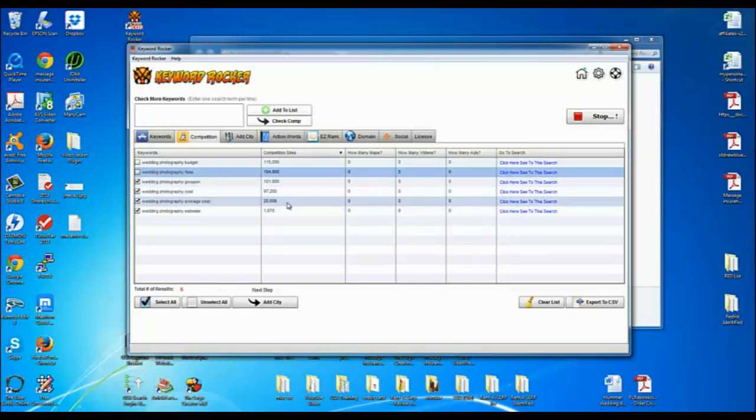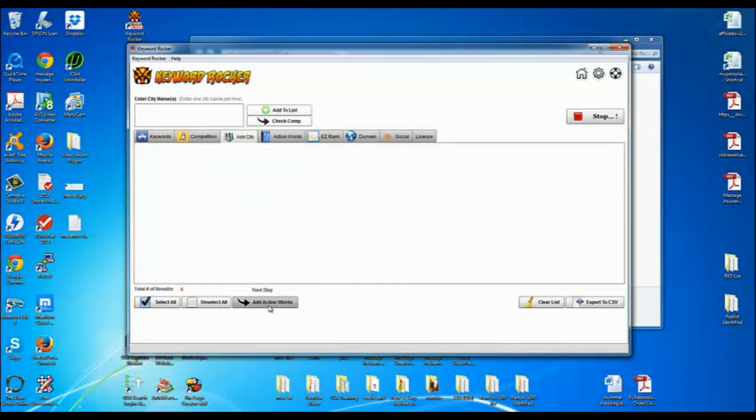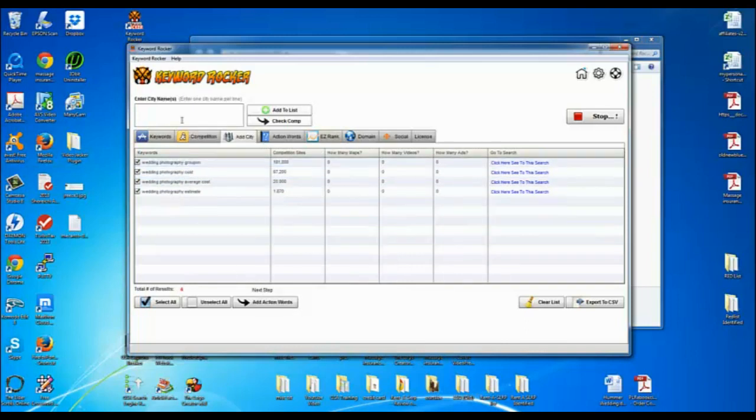So the next thing I would do is add our city to the keyword. Now up here it says add city name. I'm going to use Walnut Creek. And let's pick one more. Let's do San Francisco, just to see how it accounts for 2 different cities.